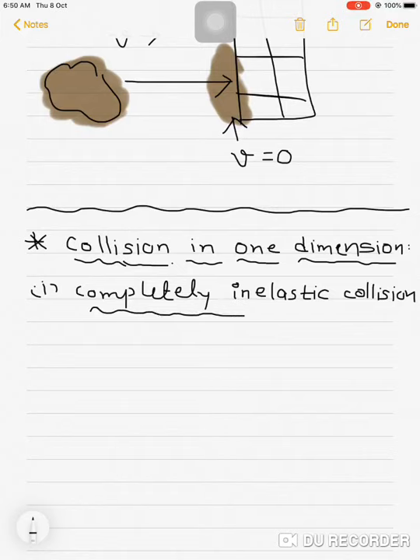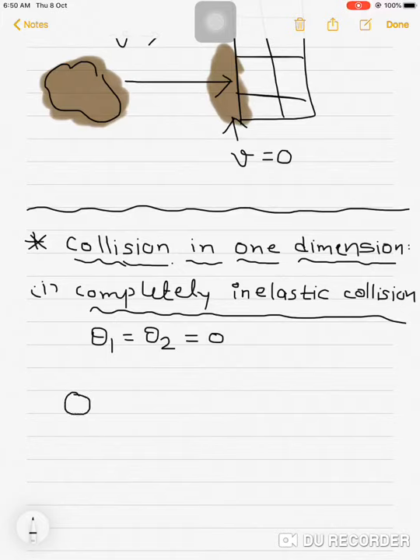It is very clear that if it is a completely inelastic collision and that is also in one dimension, then we can say that theta 1 is equal to theta 2 is equal to 0. So suppose